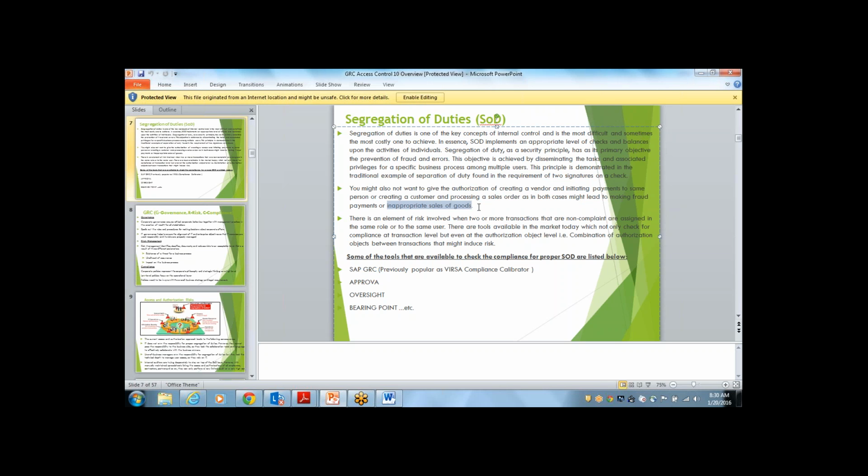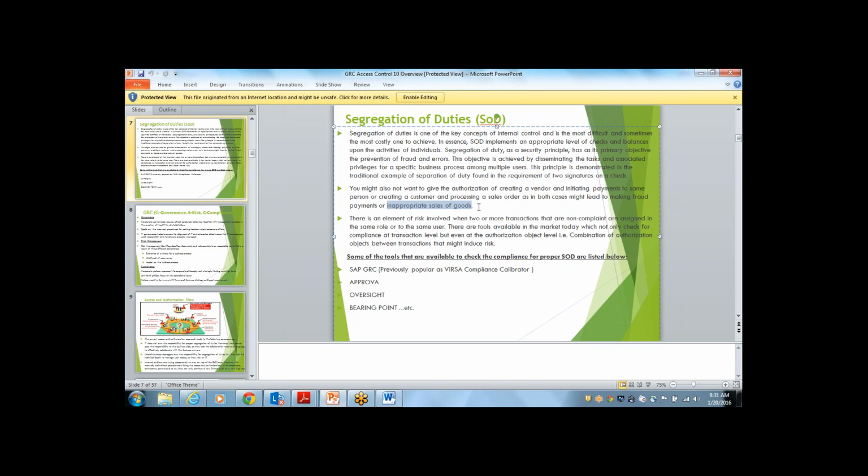If it is manual, it's very difficult. You should have complete knowledge of them, and you need to extract the users' information, roles information, users and roles combinations, and users and transaction codes combinations, and then finally you can say these are the critical combination of codes this user has, and this is a risk. But you don't get an automated alert, and you cannot identify it automatically. A lot of manual effort is required if there are no SOD tools available. That was my intention.